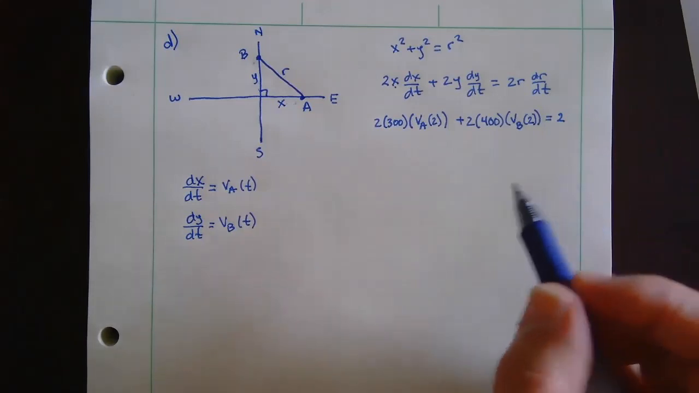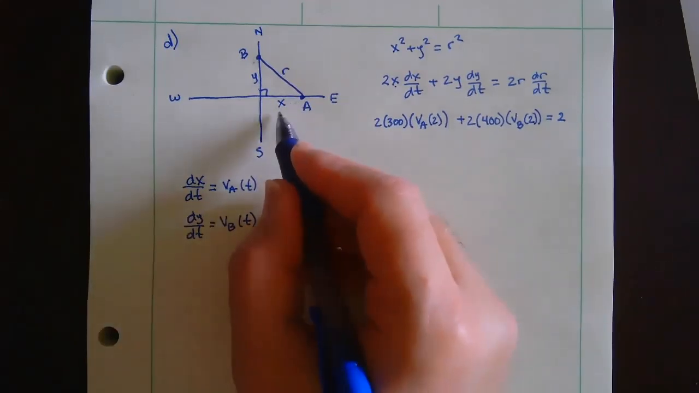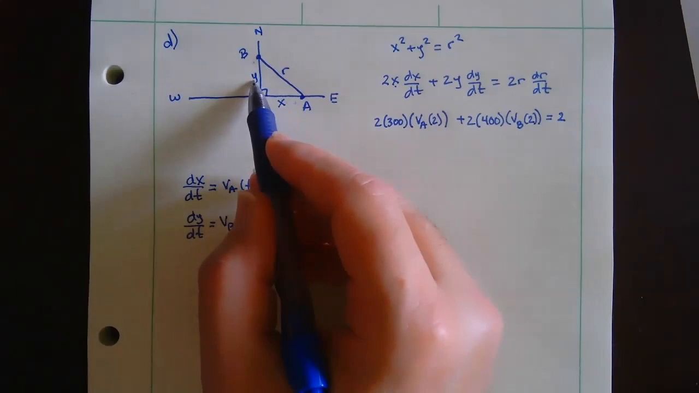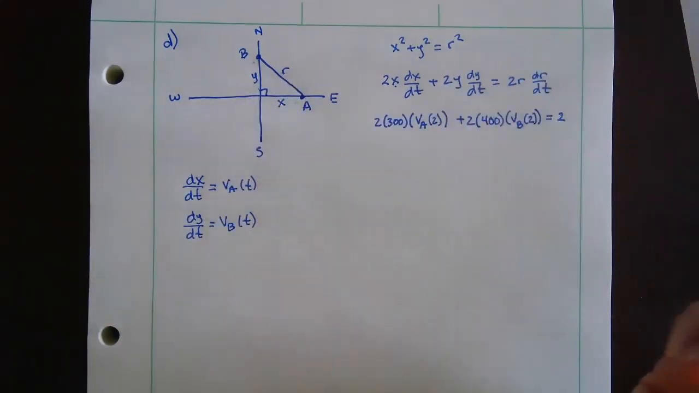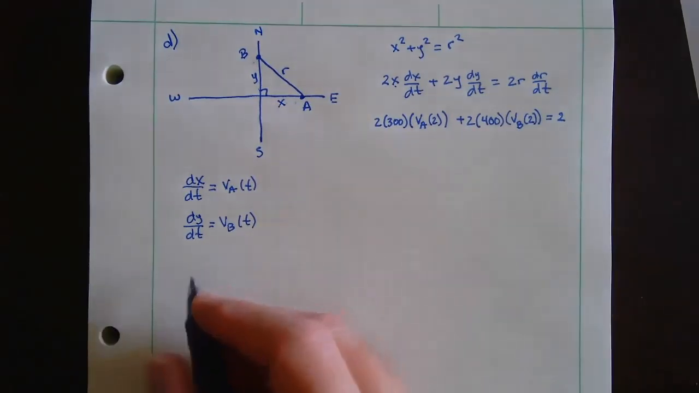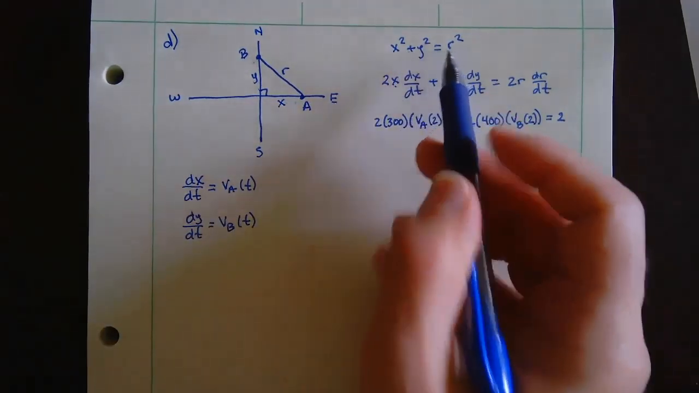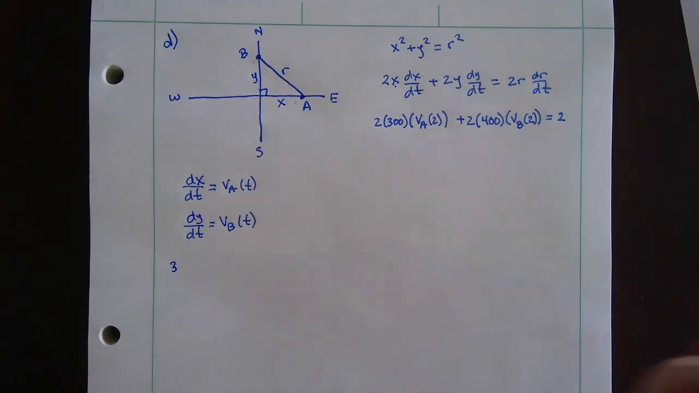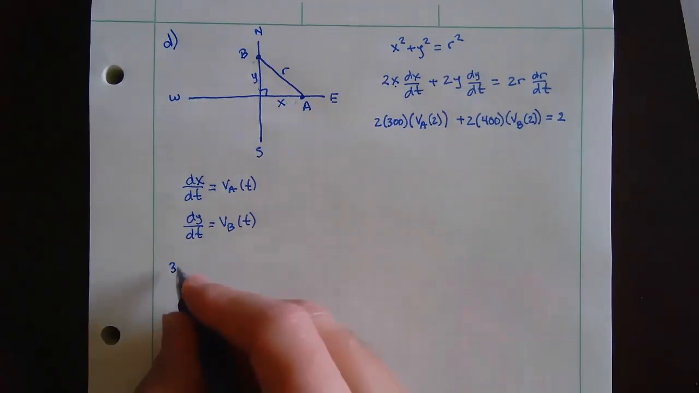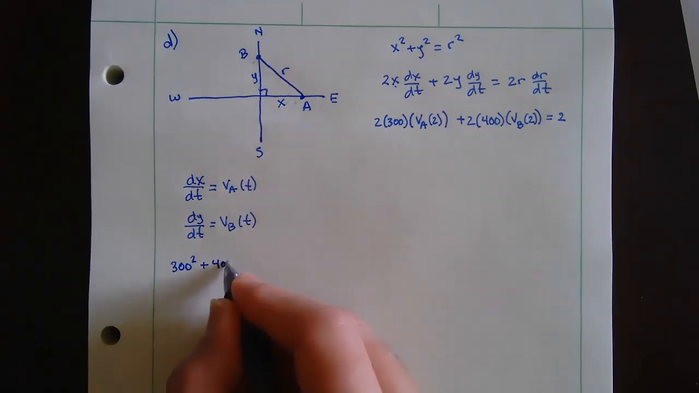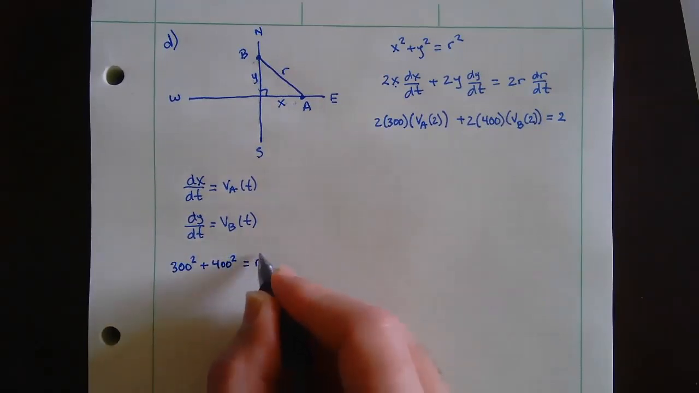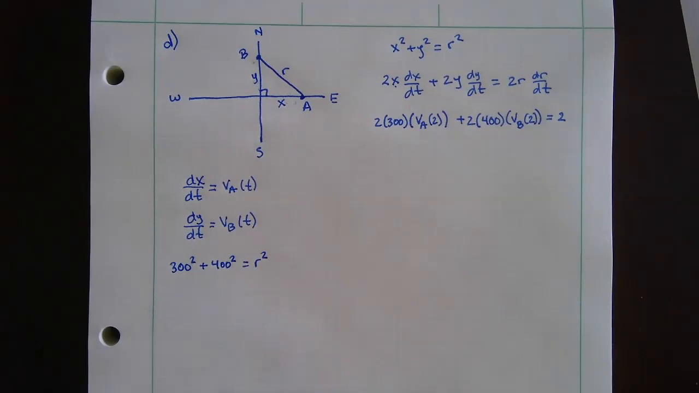At t equals 2, I know this is 300 and this is 400, right? So this is a 3, 4. If you remember, it's a 3, 4, 5 right triangle, okay? If you don't, then we'd have to go back and use the Pythagorean theorem to get r. So I'm going to do it like you didn't know it was a 3, 4, 5 right triangle. So we have 300 squared plus 400 squared is equal to r squared, okay? So 300 squared would be,